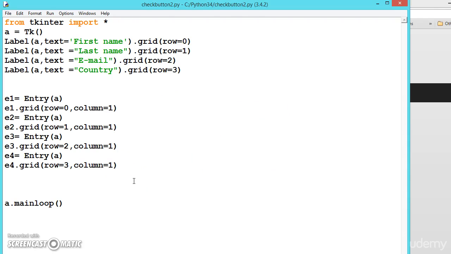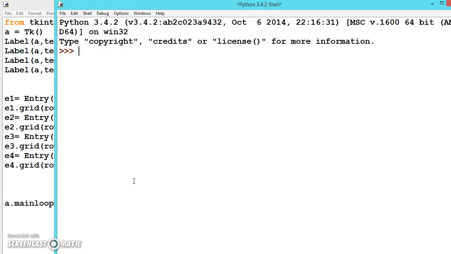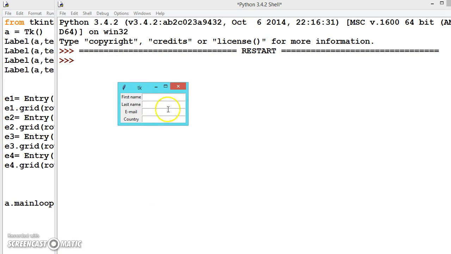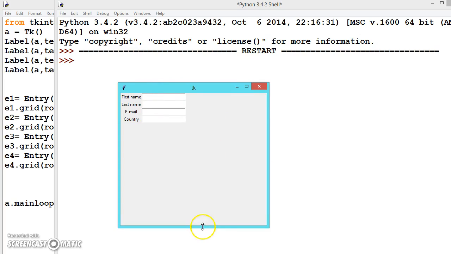Now execute this. Once you know, according to that, you can add as many fields as required. So this is what we have added, and we have entered, like Peter, let us say John, and something underscore something dot com and Australia.